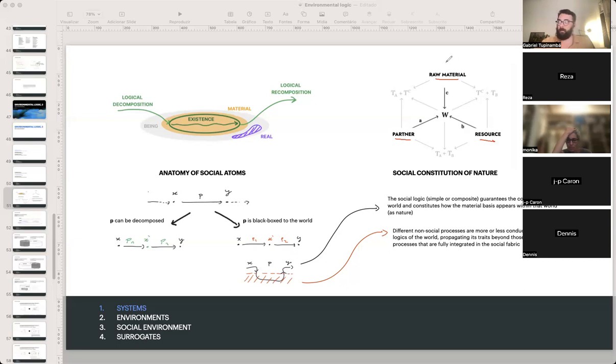As raw material to mode C, as partners to mode A, or as resource to mode B. And then you can get the composites of this and so on and so forth, right? So the whole presentation was pretty much based on these two ideas. First, defining this